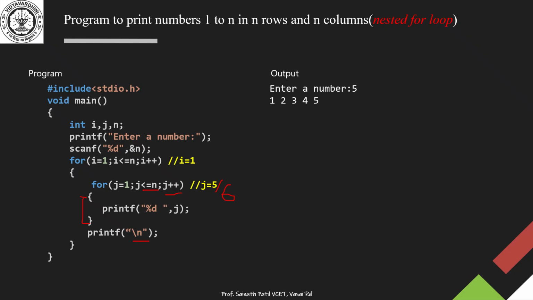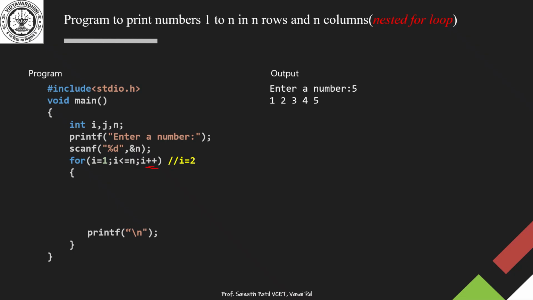\n is the newline character. That means it moves to a new line, that is the second line. But you are inside the outer for loop where the value of i was 1. Now it will increment the value because the inner for loop got executed, and that is the body of the outer for loop got executed. After that, as usual, the increment statement has to be there,